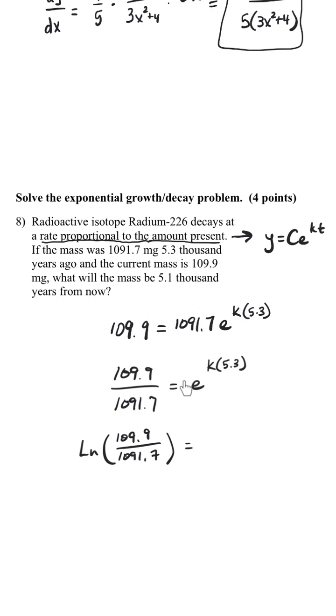And if we do a natural log here, the base is going to cancel out. The natural log will cancel with the base e, so it's just k times 5.3. And then we divide by 5.3. So k